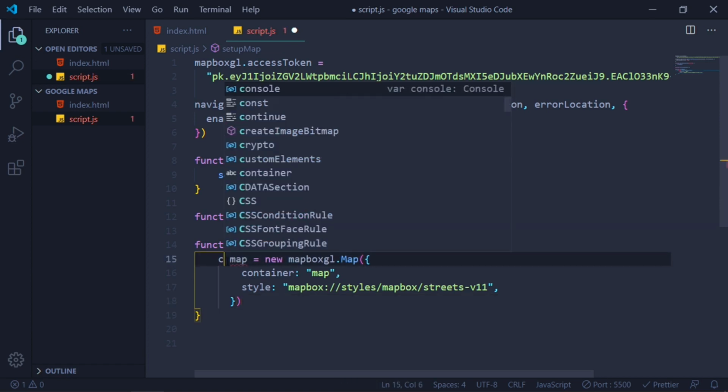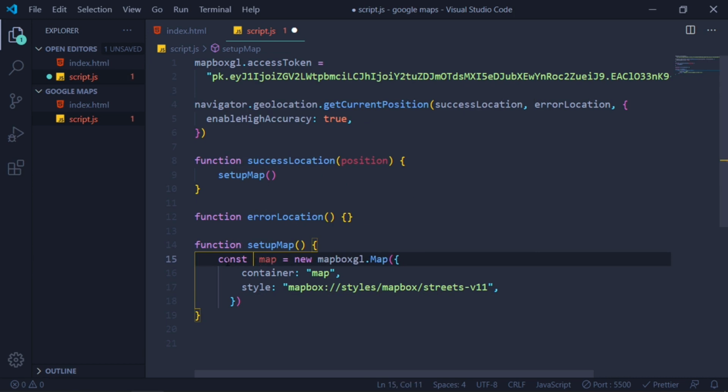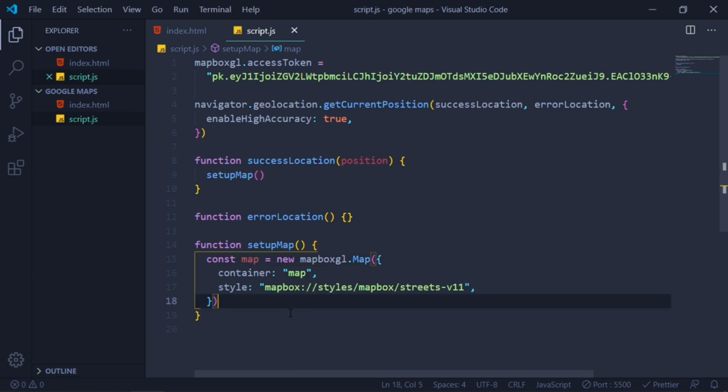Also change this to const. I'm changing this to const because, if you want an explanation why I am changing this to const, check out my video. Link will be in the cards or in the description.